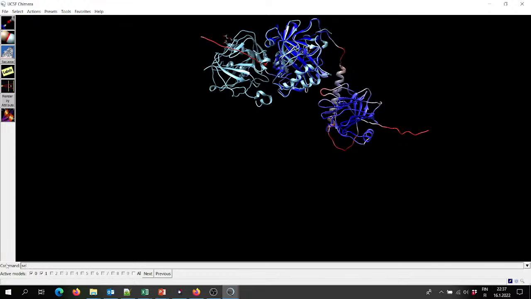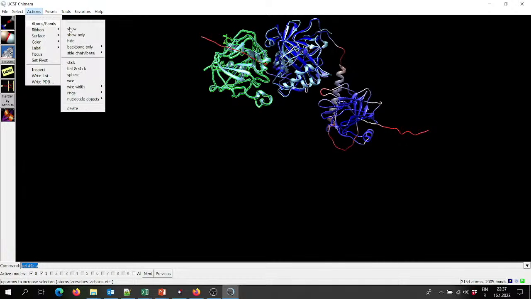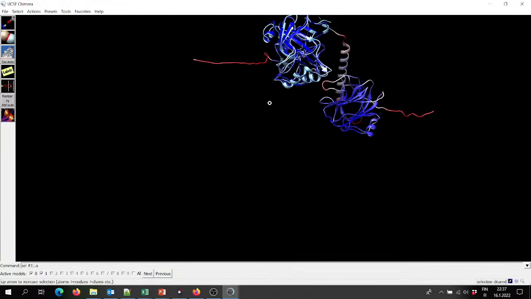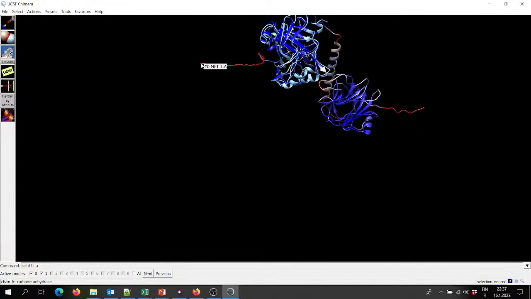So using command line to select model 1 and chain A, it's here, and deleting the atoms of chain A. And this is kind of annoying. We don't need the signal peptide, so we